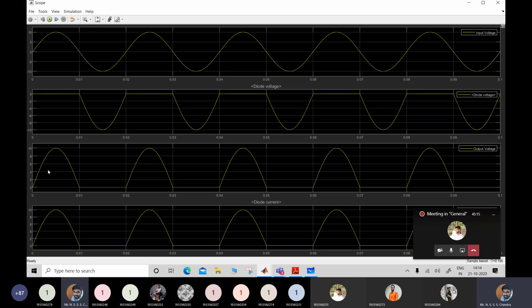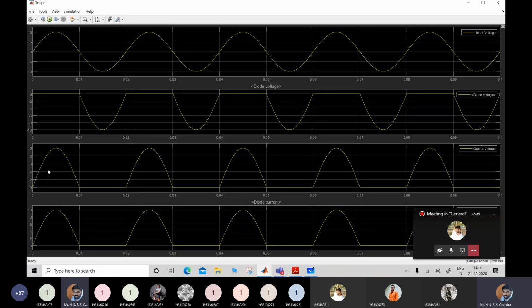Before we want to reduce the ripple, we have to get some idea regarding this ripple. In order to quantify this ripple, we have a term called ripple factor. The AC component in the output voltage is said to be the ripple, which is undesirable, and this has to be as small as possible. Because in the output we should be getting a DC, however, we have an AC quantity which has to be as low as possible. Now I'll define the ripple factor.